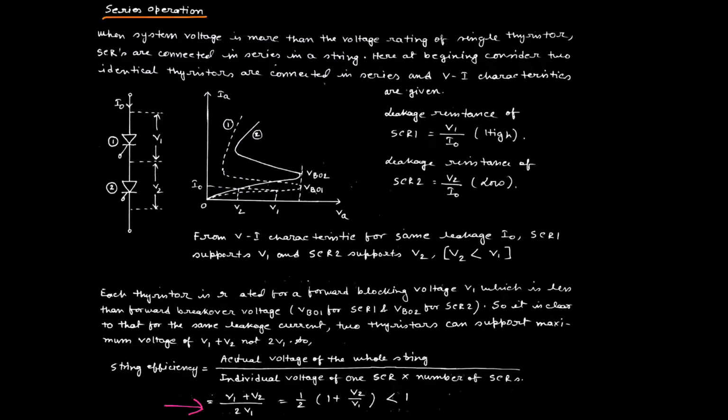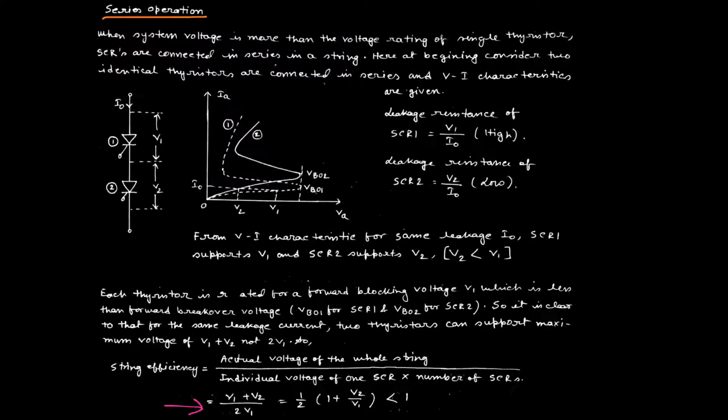So from this figure we can say that at the conducting time SCR1 and SCR2 will not withstand the same amount of voltage. That is why it is possible to say SCR1 will be triggered first, and then the question is SCR2, because in any case of the string, suppose SCR1 is connected directly to the power supply, the maximum voltage stress depends on SCR1. That is why if SCR1 is fired first, then the question for SCR2 is not acceptable for the application purpose.